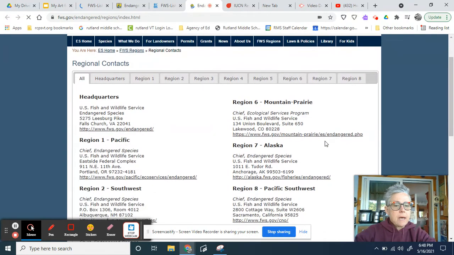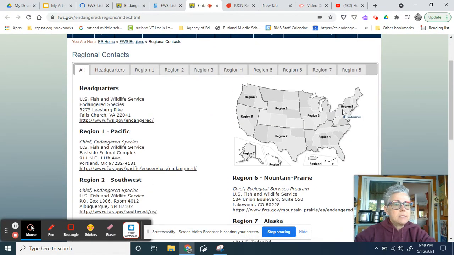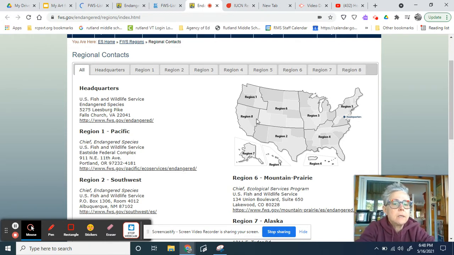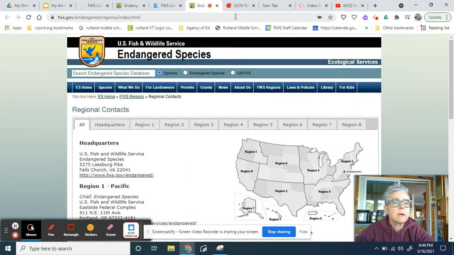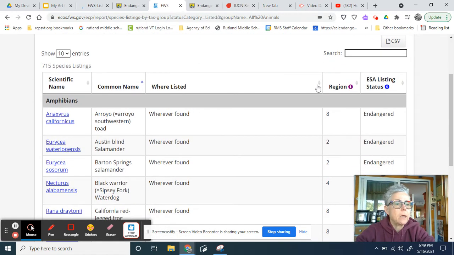So we see that there's a map, and you can see region 8 is way over here. That's Arizona and California and Nevada. Actually, that is Nevada and California, and then this is Arizona. We are region 5, all right? So we want to go back. I'm going to go back to the listing, and how you can search for region 5 is you just put